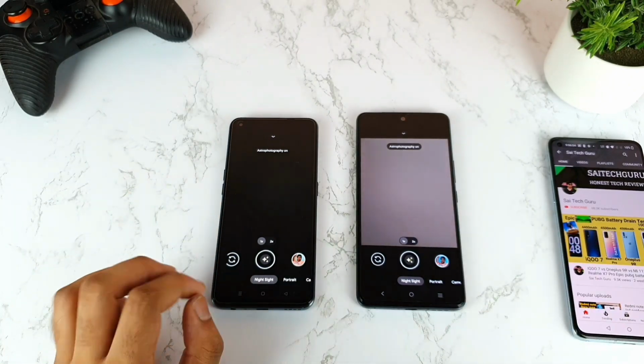So let's see, friends. I'll try to turn off the studio light effects. As you can see, friends, right now I'm in completely pitch black. As you can see, completely pitch dark as well. So let me quickly take the shot in the Realme X1 Max device. Right now I'm trying to take the shot in the Realme X1 Max, as you can see. So I took the shot in the Realme X1 Max. It actually created a little bit of color. I'll try to show you later on.